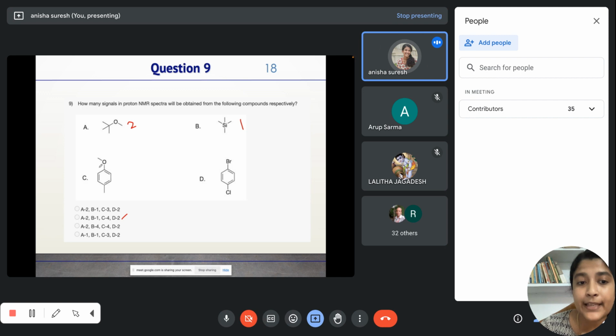And in option C, this CH3 will be showing separately from this one. When we consider a plane over here, these two protons will be identical and these two protons will be identical. So 1, 2, 3, and 4. Option C contains 4 distinct proton NMR signals, and option D, if we are considering a plane over here,